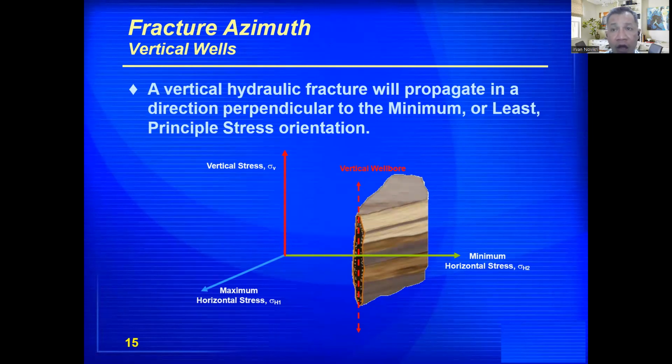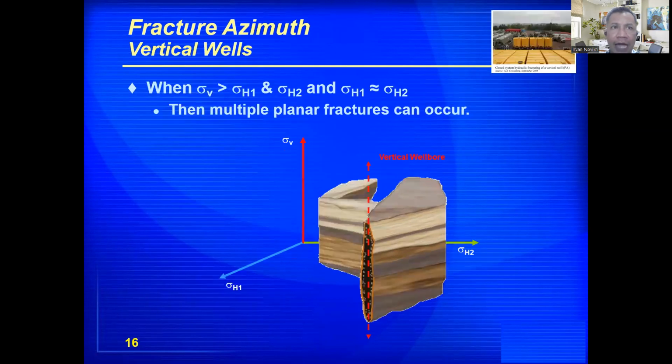And this is why on a lot of these shale wells, they are doing work to figure out the stress orientation, because they are doing multiple stages per well. So it has become very important. Now, what about sigma vertical? When sigma vertical is greater than sigma H1 and H2, in other words, your overburden is greater than the lateral stresses, but H1 and H2 are very close,